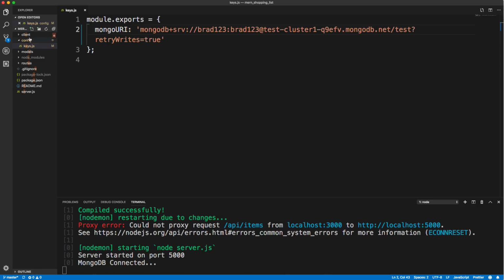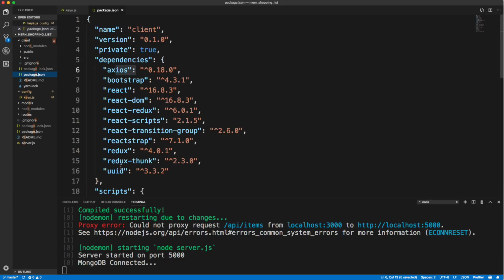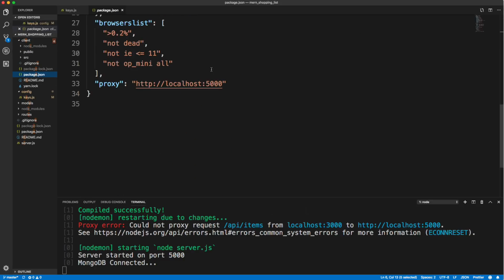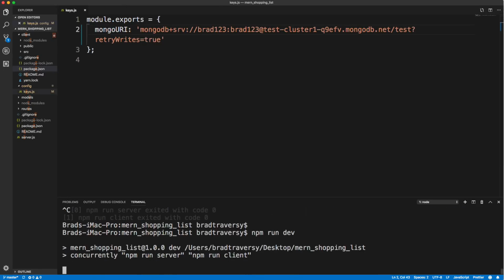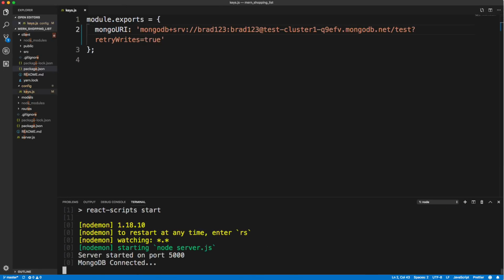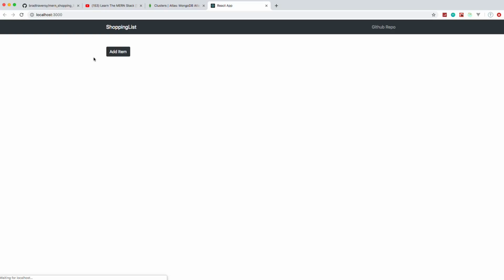Should have a proxy in here. If we look in client package.json, we have our proxy. Let me just restart this. Okay, so it looks good. Let's go back. And now we should be able to access our database, which there's nothing in there, but we